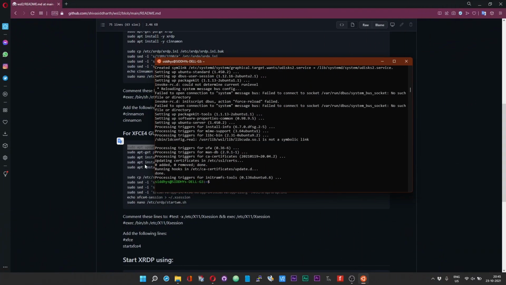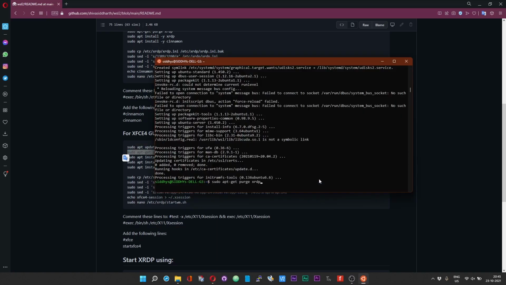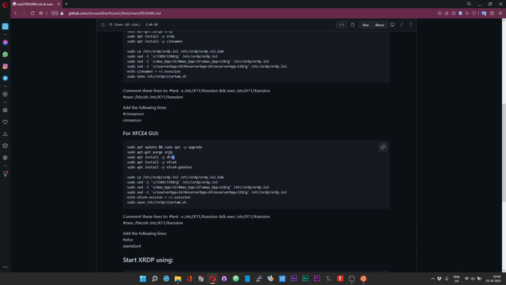Okay, so once the system has been updated and upgraded, execute the next command. This command is just to remove any pre-existing versions of XRDP. Now you need to install XRDP.